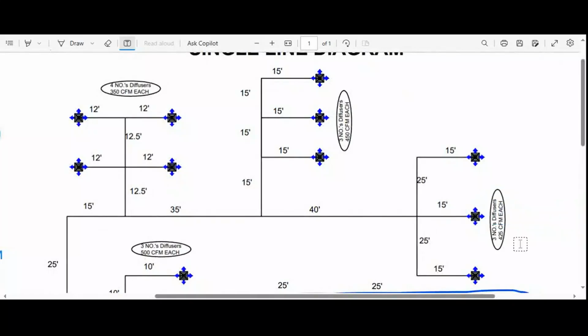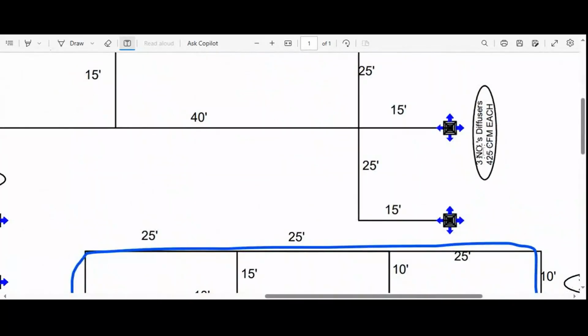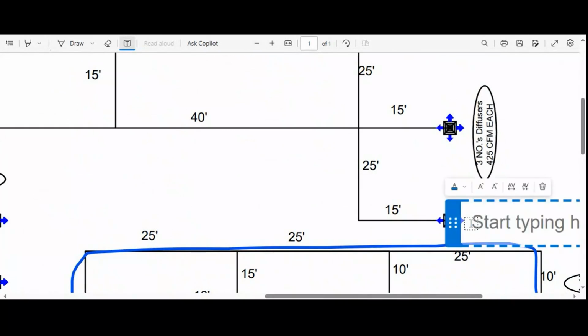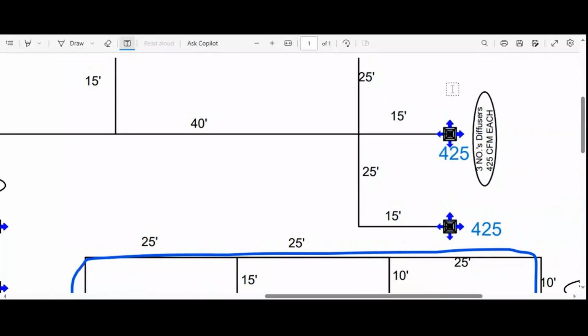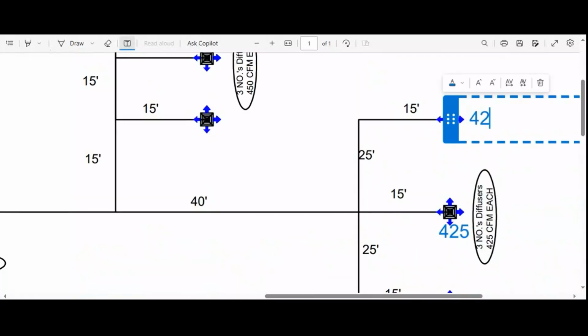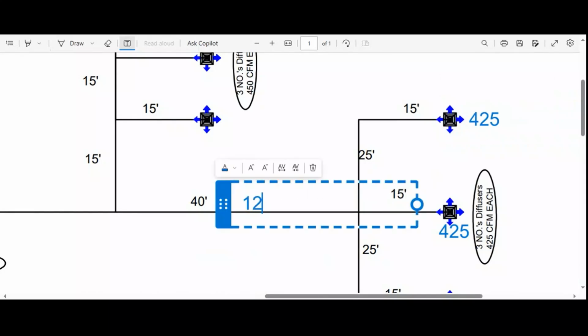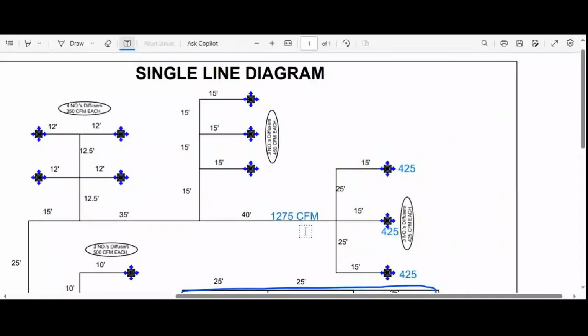Now if you see here, 3 diffusers of 425 cfm each, which is 425, 425, 425, which is 1275 cfm. Okay. Next, 425, 425, 1275 plus